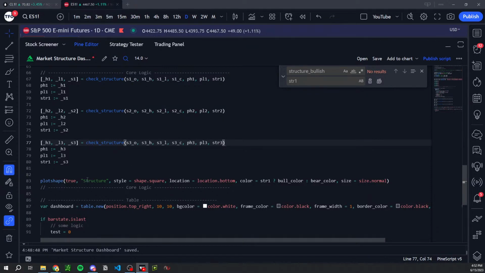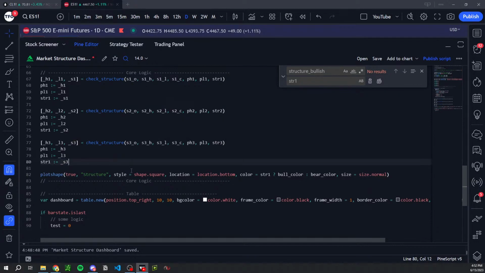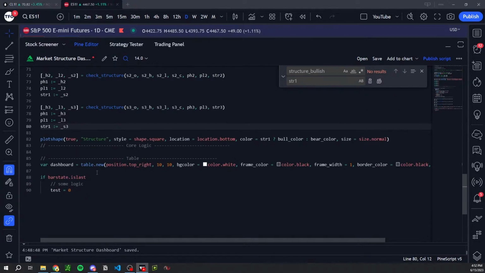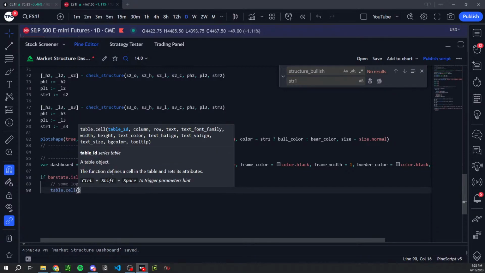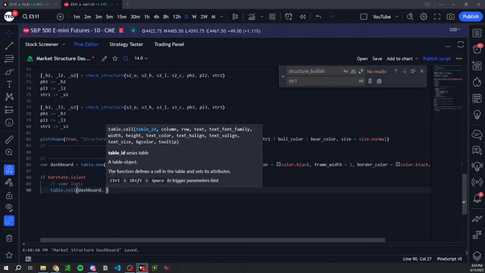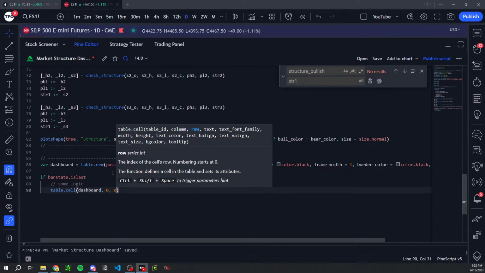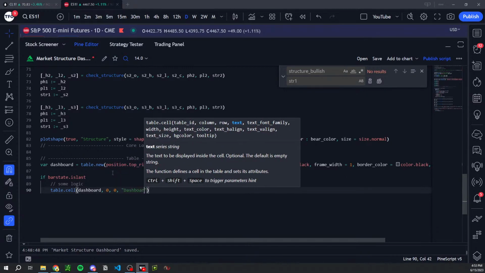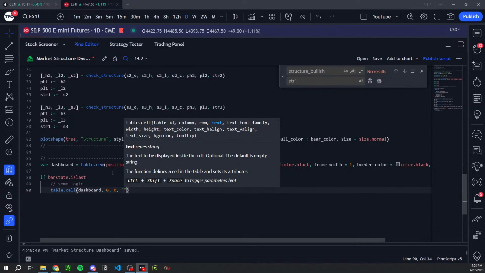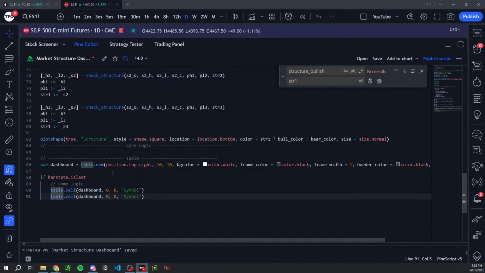So let's see if that works. Well, let's actually get our table. So logic, dashboard, whatever title. Well, first cell will be symbol, second one will be structure, and then